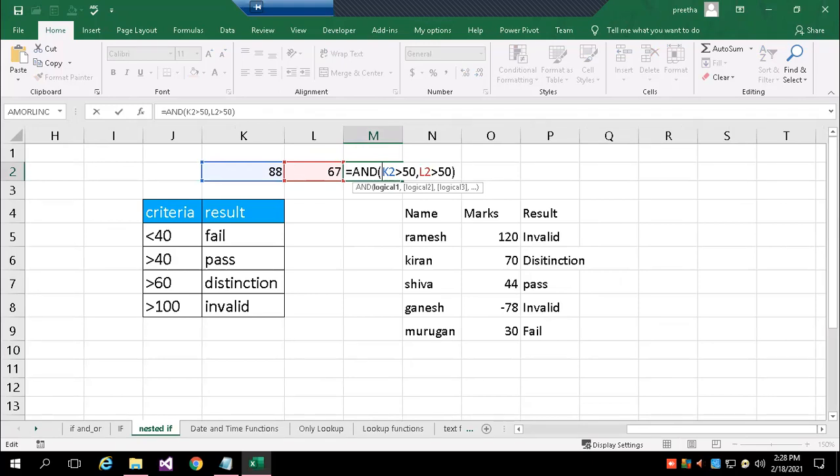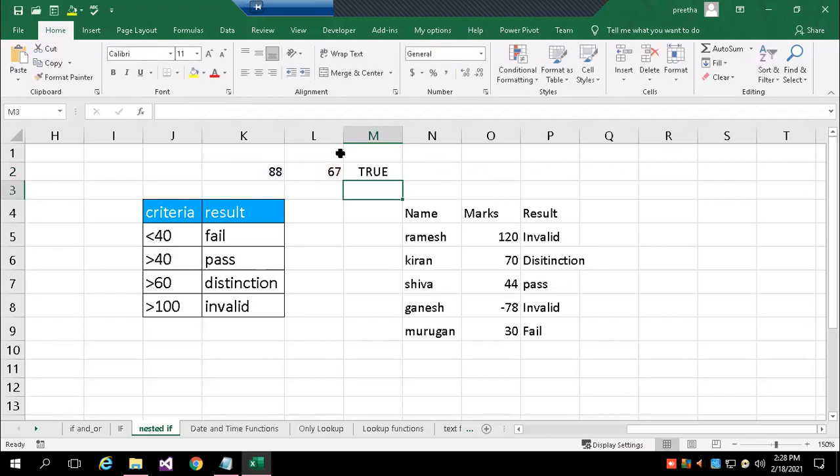How do I present that inside the IF statement? When we want to check multiple conditions and then carry out some action, you can use either the AND or OR function.